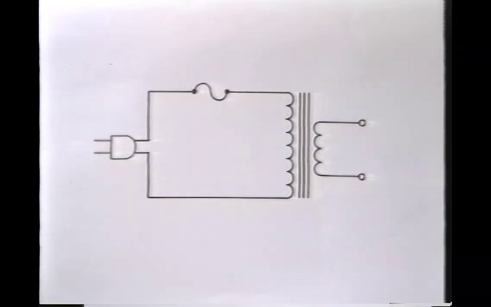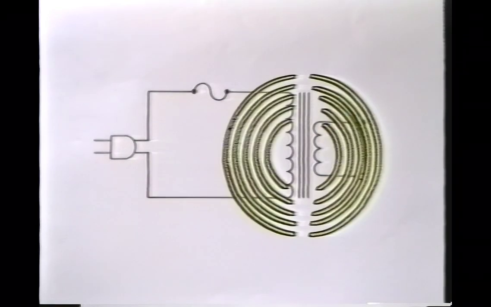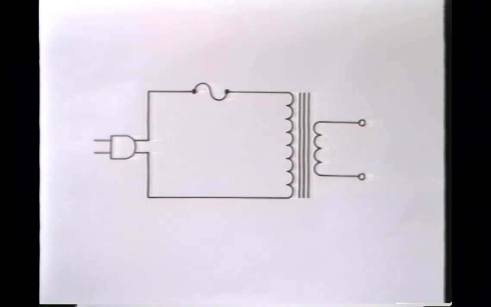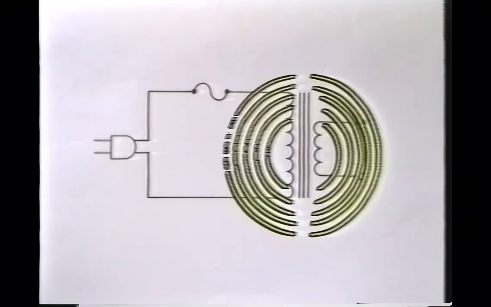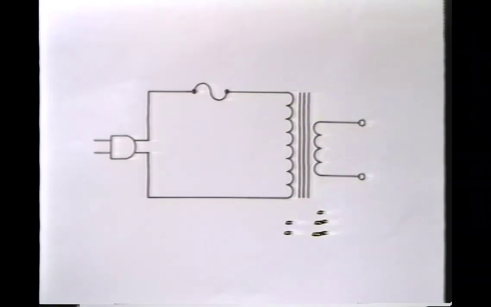Well, let's connect this transformer to the 120 volts AC and see how it works. The primary winding is connected to the 120 volts AC through a fuse and the plug. When connected to the AC, alternating current flows through the primary coil. This creates a magnetic field that changes polarity at the same frequency of the AC power, 60 cycles per second. This changing magnetic field is picked up by the secondary winding, and current is forced along the two leads of